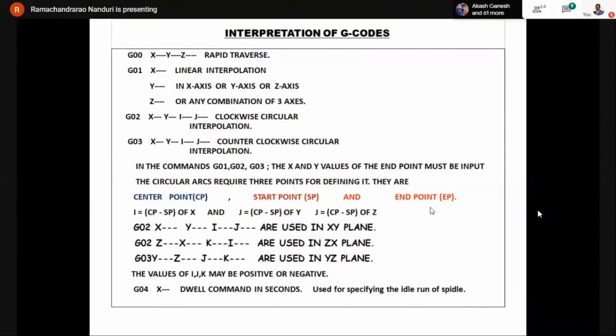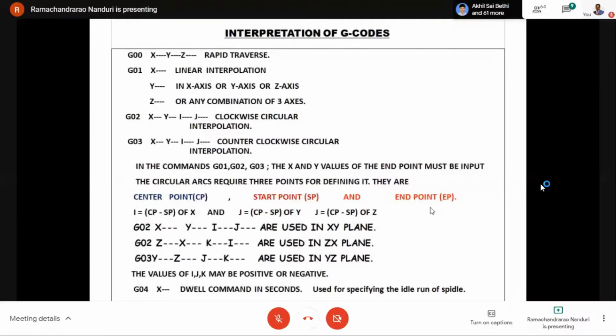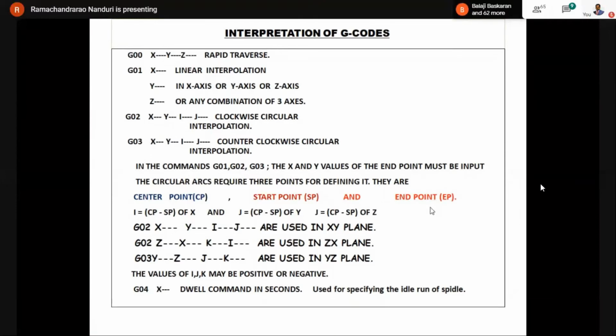That means, let us assume that the spindle is at some place within the strokes of the machine. Suppose you wanted to bring the spindle face and spindle axis to some coordinate like x100, y minus 100, and z minus 100. So we give the command as G00, x100, y minus 100, and z minus 100. So the spindle travels from the existing place to the coordinate specified by us in a shortcut. That means it comes straight in a straight line to the destination point.